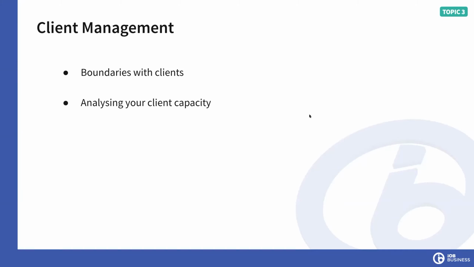Now, when you're looking at boundaries with clients and you're establishing this kind of area, okay, we naturally need to move on to analyzing your client capacity, okay? So every individual, every person will have a set amount of clients that they can take care of, okay? So our client capacity could come down to the types of services that we offer and the tiers of which we put those clients on, okay? So our client capacity will have a natural fill limit, whether that's 10, 15, 20, 30, etc.